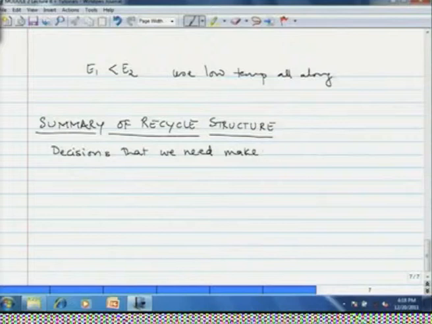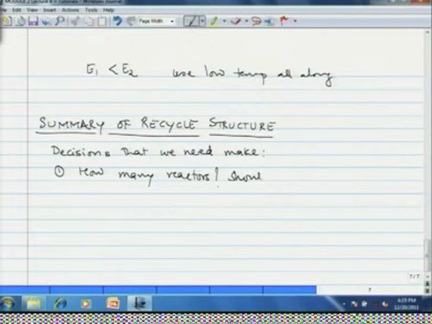The decisions that we need to make for deciding the recycle structure of the flow sheet is how many reactors, then should there be separation of any component between the reactors,